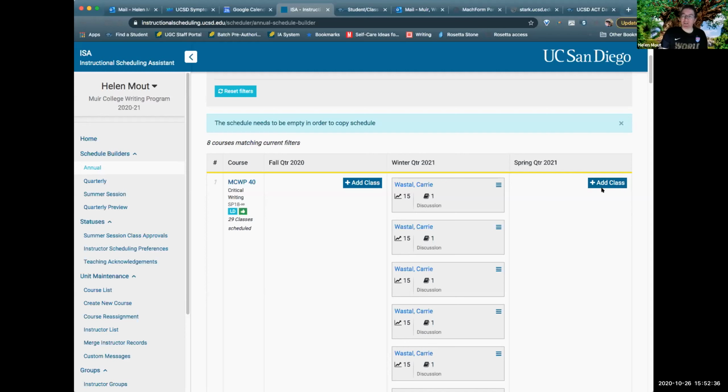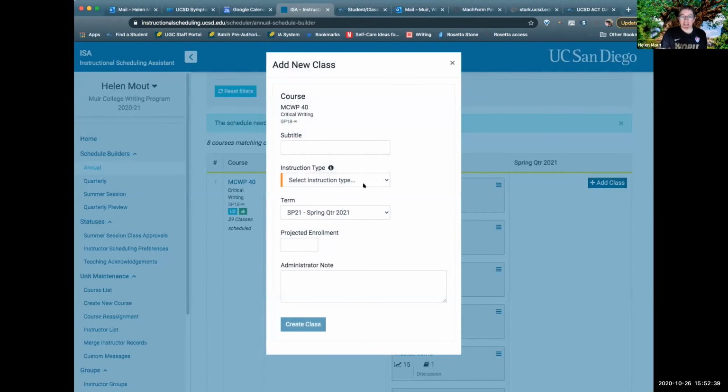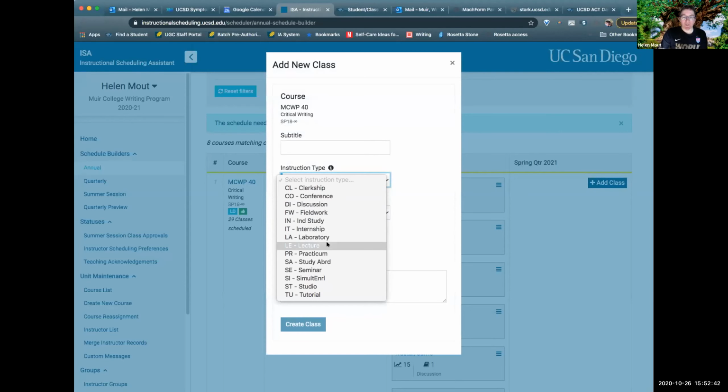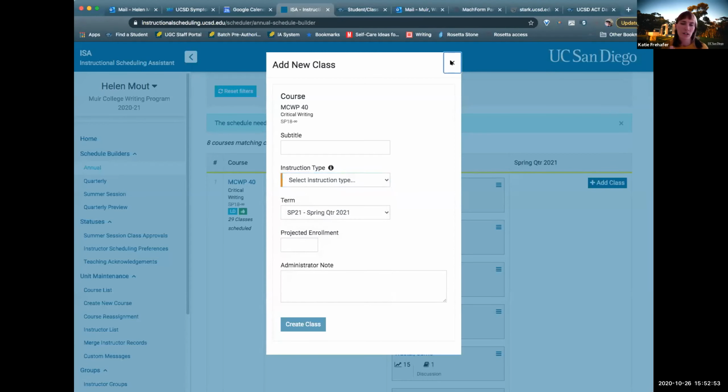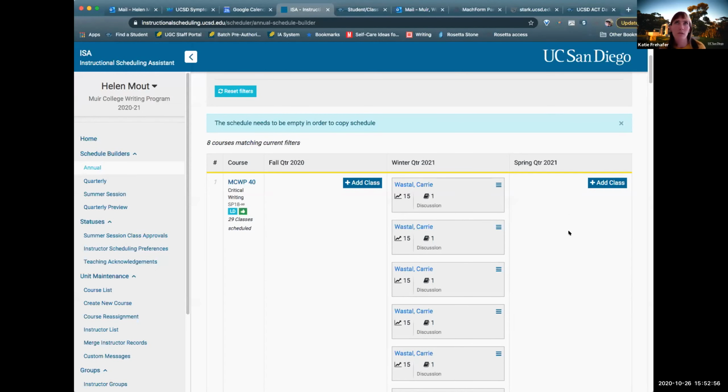But I'm saying when I create, like when I click this, if it was automatically assigned, because our classes all have different instruction types and I confuse them. We're working on validation of that type of data right now, so that we're trying to use campus data to say any instance of MCWP 40 is always a lecture because that's what it is on the course approval form. We're in the process of that. So that is definitely on the roadmap for the near term. It's just not out yet. Definitely hear you loud and clear that it's on the way.